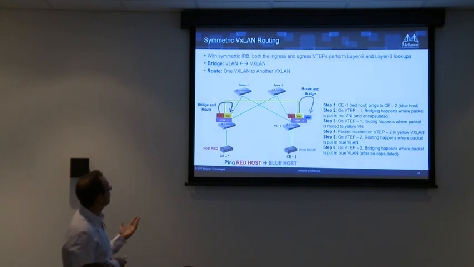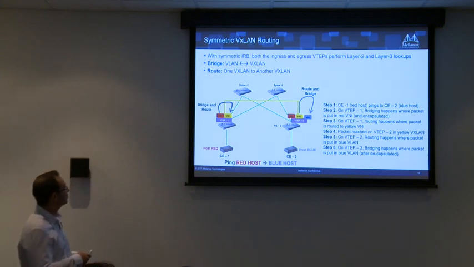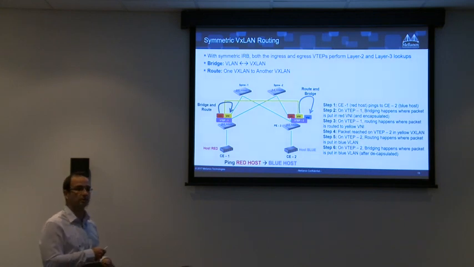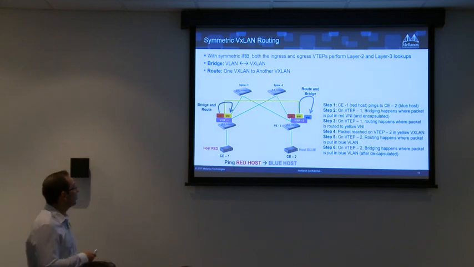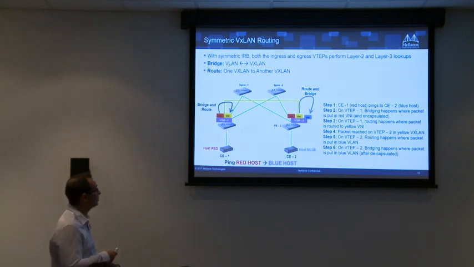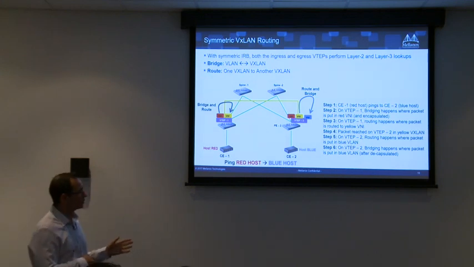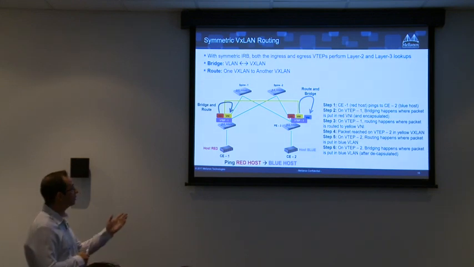The other option is called symmetric. It's more scalable. Here we create a VNI whose purpose is to do this routing. It's kind of a gateway. So VTEP1 gets the VLAN, bridges to VNI red, then routes to the yellow, then routes back to the blue, and then bridges. This is symmetric because both sides are doing bridging and routing. As I said, we're going to support both. We support asymmetric today, and in October, November, we're going to support the symmetric.